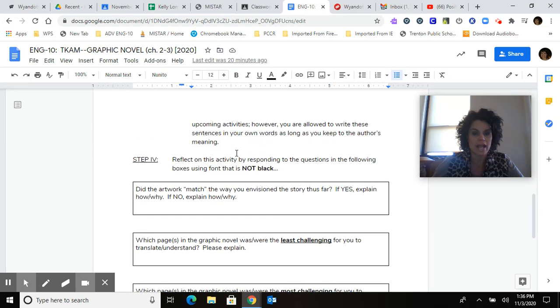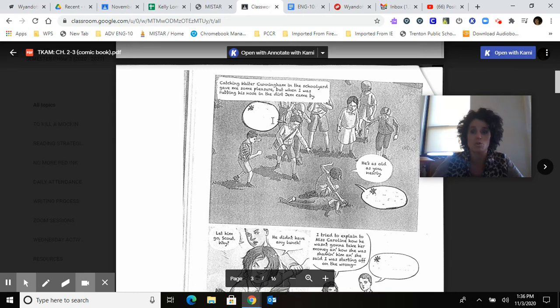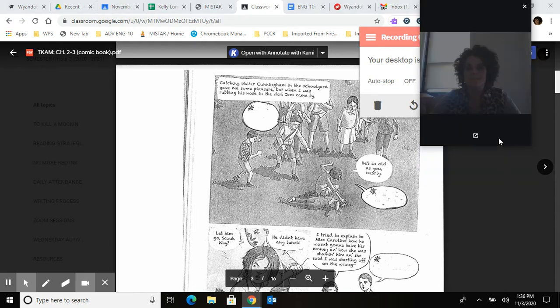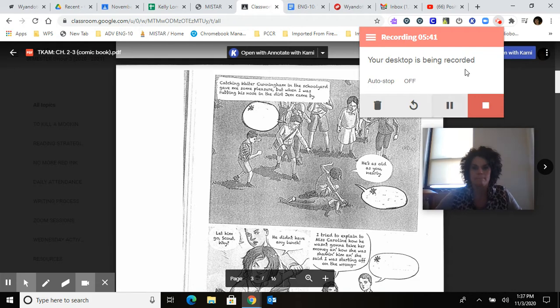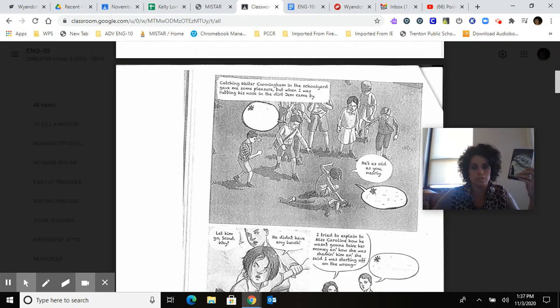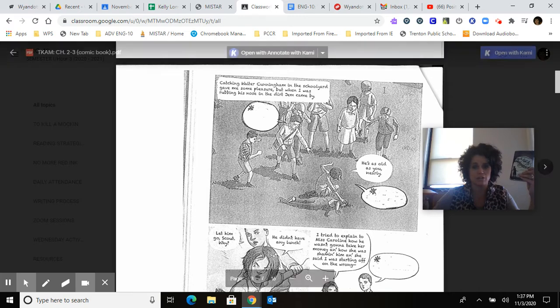You scroll through and you do exactly what that step tells you, which essentially is to go into your book, into your novel of To Kill a Mockingbird. And at that time, you want to make sure that you find this section of the story, whatever it is that is happening here, which looks like there's some sort of a bad fight. We have a bunch of onlookers. We have someone attacking someone here in the dirt. And then, of course, we have this narrator box